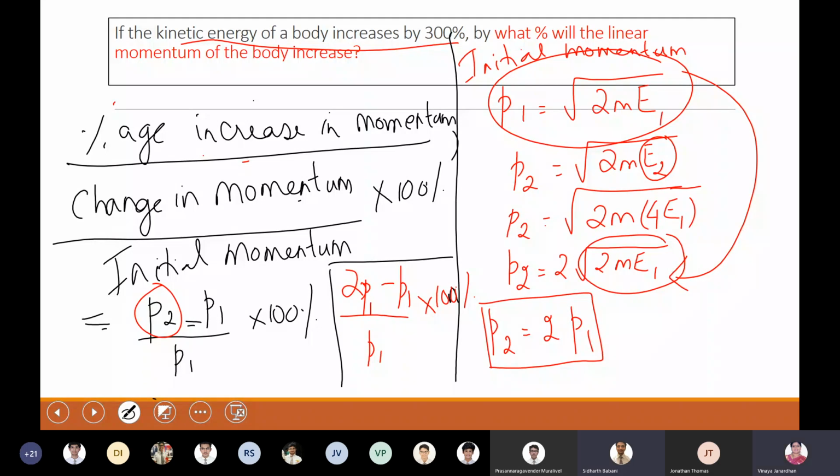Ma'am, Kriti asked a question in the chat, his mic isn't working. He's asking, do we need to take logbook for PT2 exam? Yeah, you need. The answer, boys, is yes, right?